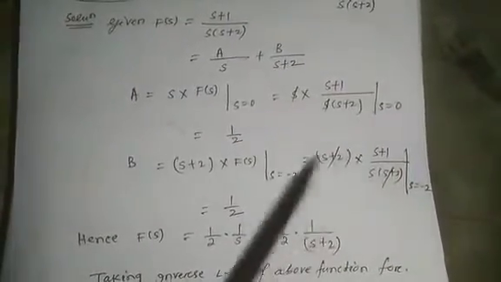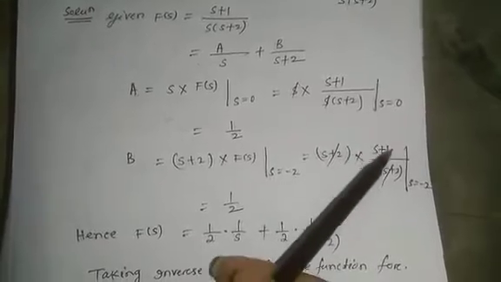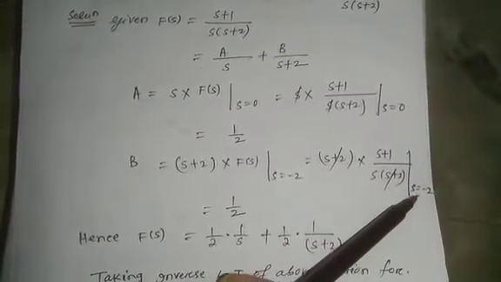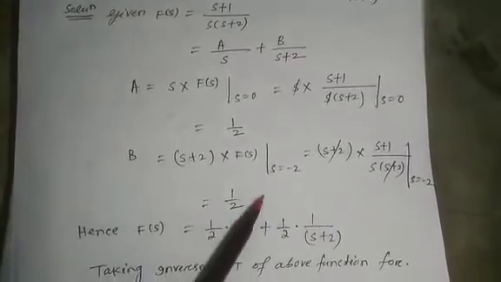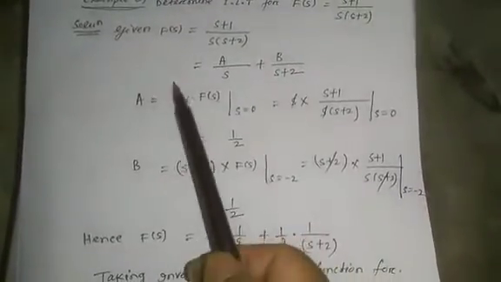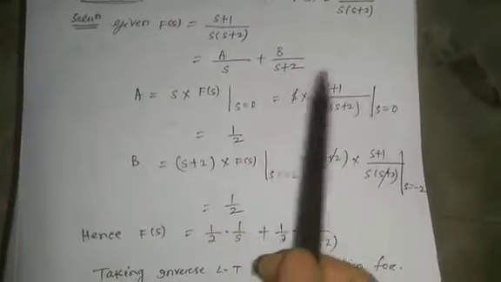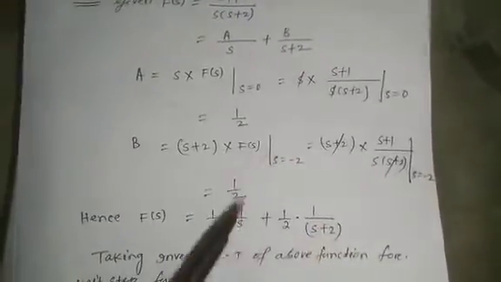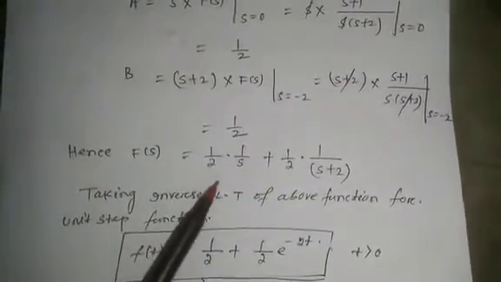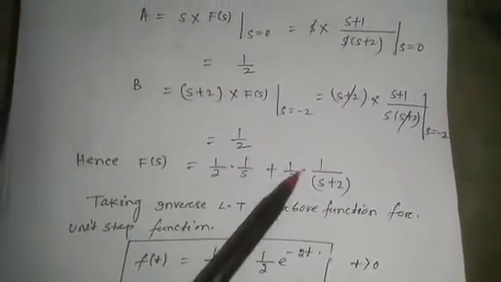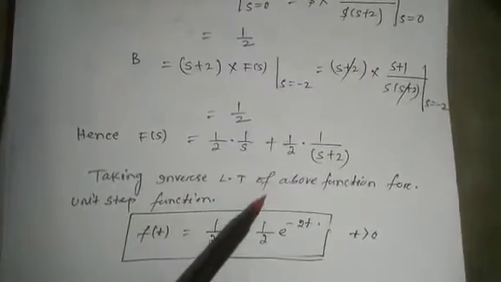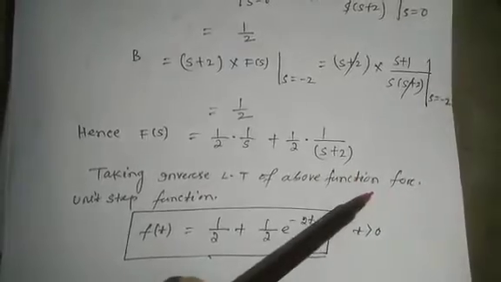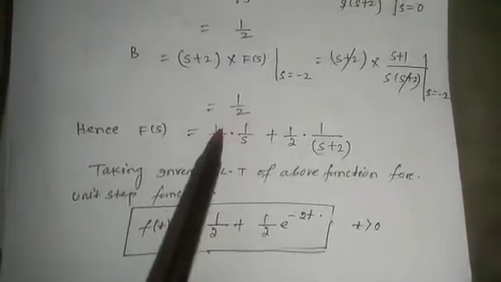Now s plus 2 cancel out. The function is s plus 1 divided by s. At the place of s you just put minus 2. You can get half, 1 by 2. Again we get b is equal to 1 by 2. In this expression f of s is equal to a by s plus b divided by s plus 2, you put the value of a is equal to half and b is equal to half. You can get f of s is equal to half into 1 by s plus half into 1 divided by s plus 2. Taking inverse Laplace transform of the above function for unit step function, you can get,